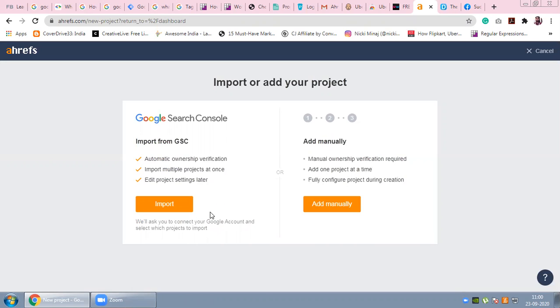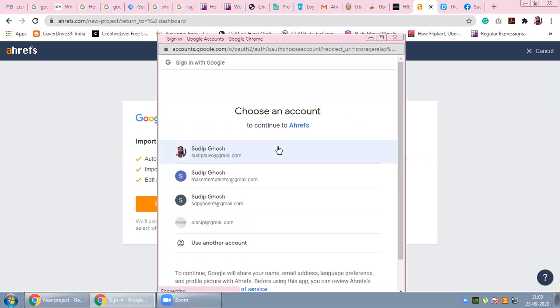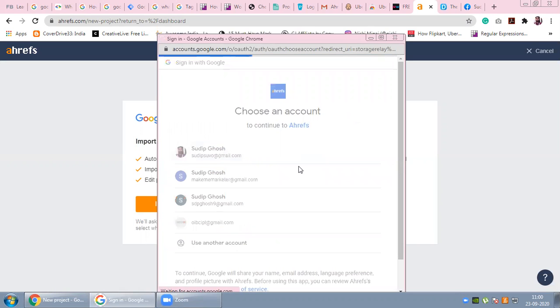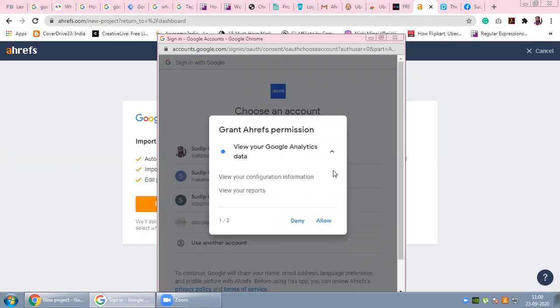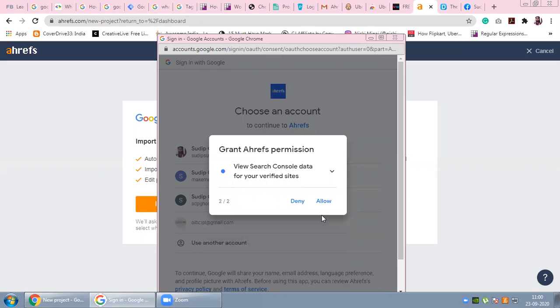So I am going to import. I am giving my permission to the Ahrefs account to view my Google Analytics data, even my Search Console data.